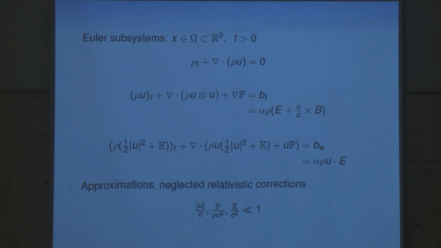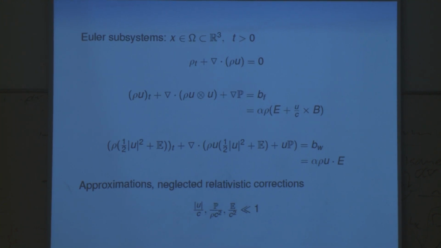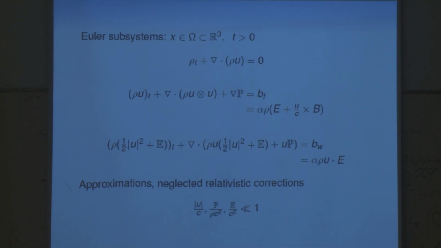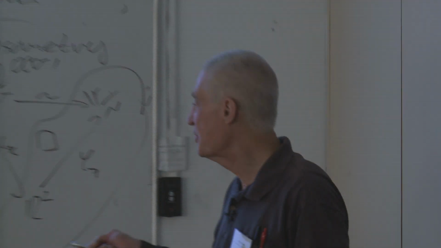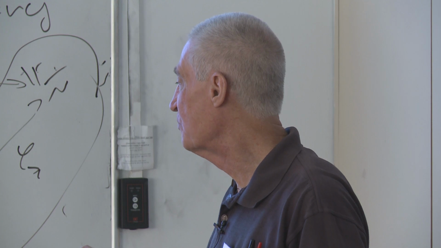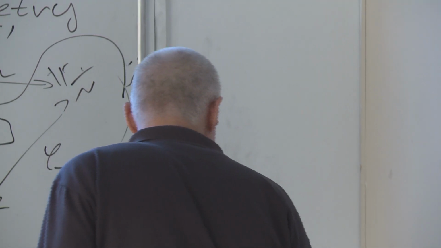Now, a notation here. First, the letters like this are the thermodynamic variables from the familiar notation, and the Roman letters, this, are the electromagnetic variables. Normalization is used where all of the electromagnetic variables have the same units. So c is just the unit of velocity, it's the speed of light, invariant, etc. Okay, so for Euler, we have neglected the fluid velocity with respect to the speed of light, the pressure over rho c squared, and the internal energy over c squared. This is all well known.